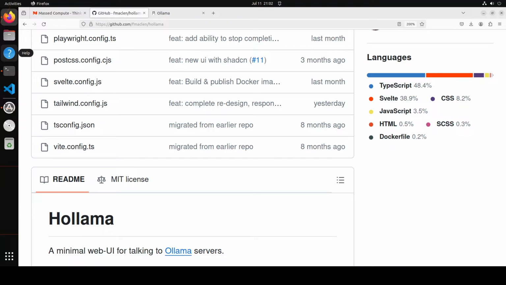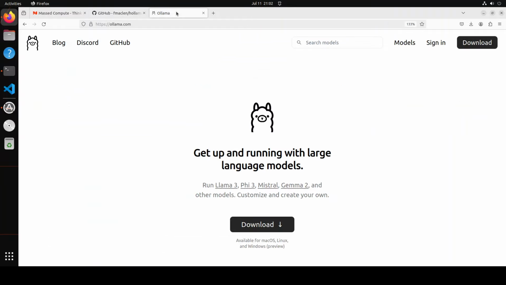In this video, I present you Hollama. Hollama is a simplistic, minimalistic web UI for Ollama. Ollama is one of the easiest and fastest tools to run large language models in small format on your local